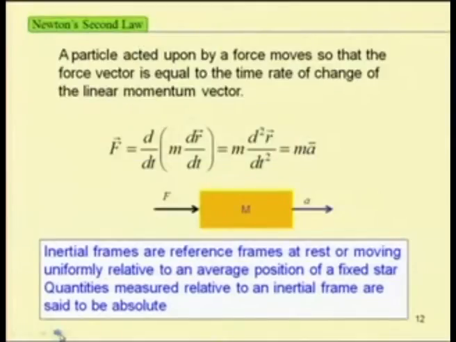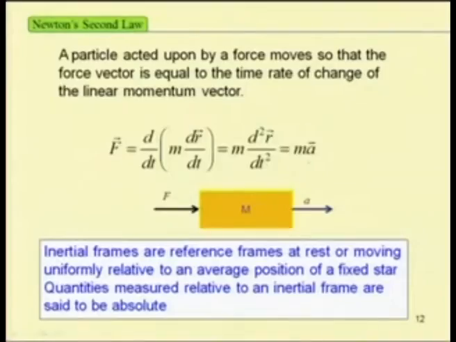And last class we studied Newton's second law. In Newton's second law, when we apply a force F to a mass m, it is subjected to an acceleration a, where we can write F equal to ma. In this case we are assuming an inertial frame, and based on this inertial frame we write the equation of motion in vector form. One can note that force and acceleration are vector quantities.